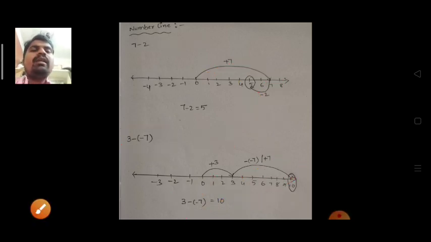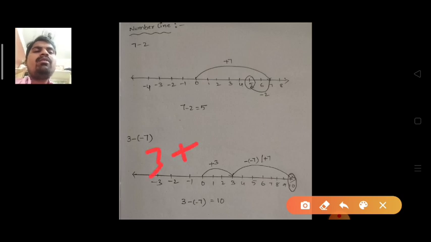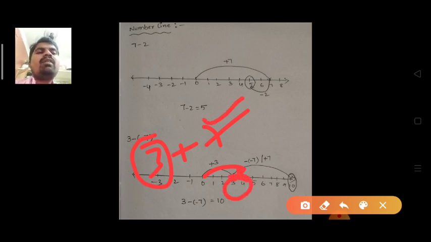So here, after the first step, you start the diagram. First of all start with 3, it is a positive integer, so start from 0 and move right side of the number line 3 steps. This is the main point now. Next again a positive integer is there, start from the main point, again you have to move 7 steps, you have to count here because 3 is there. So 1, 2, 3, 4, 5, 6, 7. So what is the answer here? 10. So the final answer is 10.